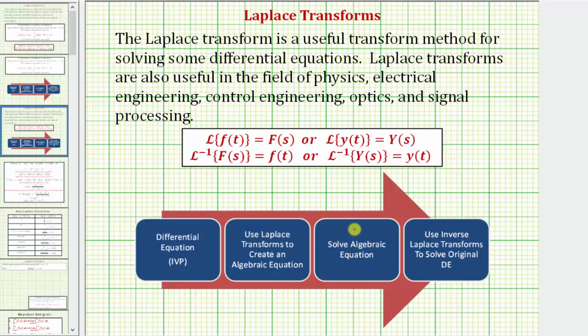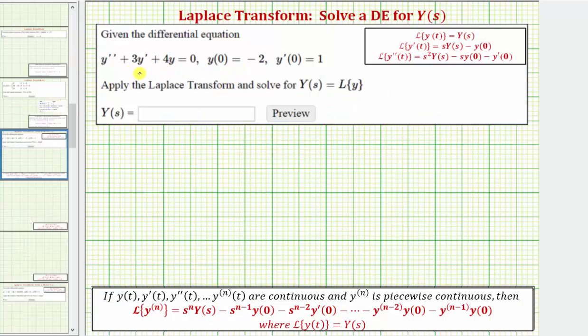If we did want to solve the differential equation for y of t, we'd have to use inverse Laplace transforms, again, to solve the original differential equation. So for this example, we will not be performing this last step. However, we will look at future examples where we'll solve the differential equation for y of t by performing all 4 of these steps. For our problem here, the first step is to take the Laplace transform on both sides